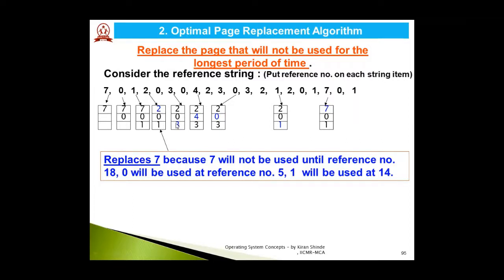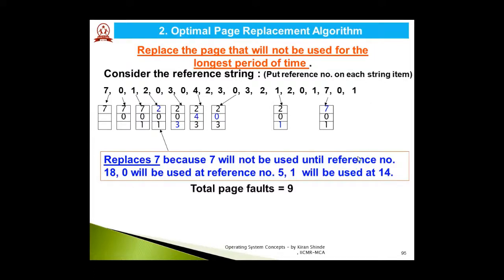So you can see here 3 has been brought into memory by replacing page 1. 0, no need to replace. Now again for page 4, we will compare 2, 0, and 3. If you see, immediately 2 and 3 are there after 4. So 0 is the page which is going to be used after a longer period of time. So in order to bring page 4 into memory, 0 will be made the victim page. So here 0 is replaced by 4. Likewise, if you continue with the same logic, the number of page faults you get is 9.